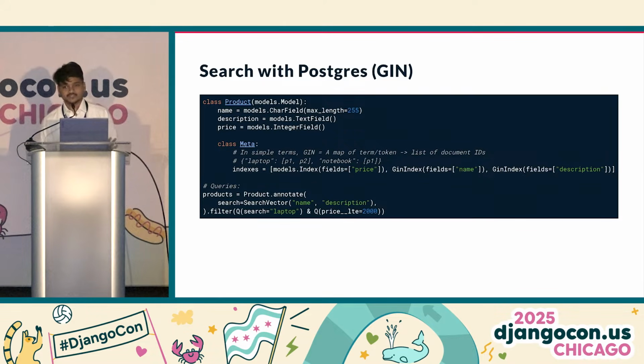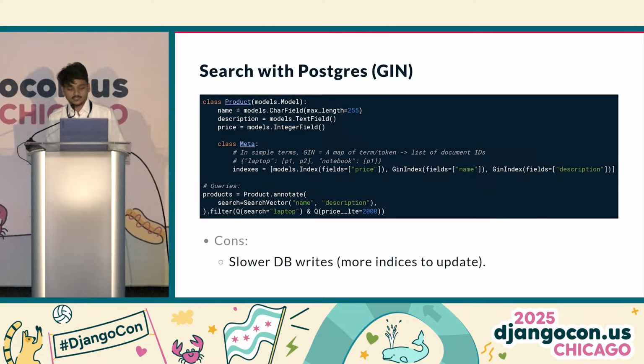How many of you are familiar with the GIN index? Okay, cool. So somewhat fewer people. So I'm going to describe it a bit. Basically, the whole point is that you have any term and you map that term to a list of documents which are matching that. So whenever you have to search for the term laptop, you have a hash map which directly points you to the documents that have that term, and you can just return that. This is the more naive explanation for the GIN index, and it's implemented in Postgres, and it does work, but it also